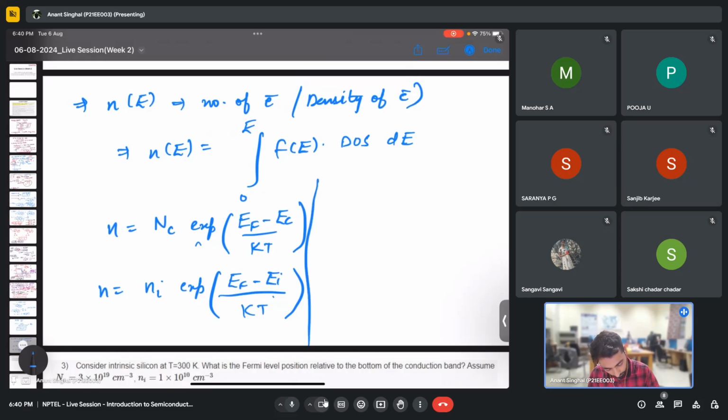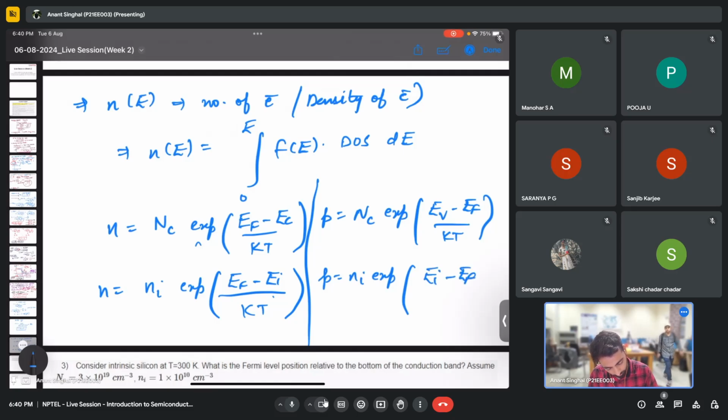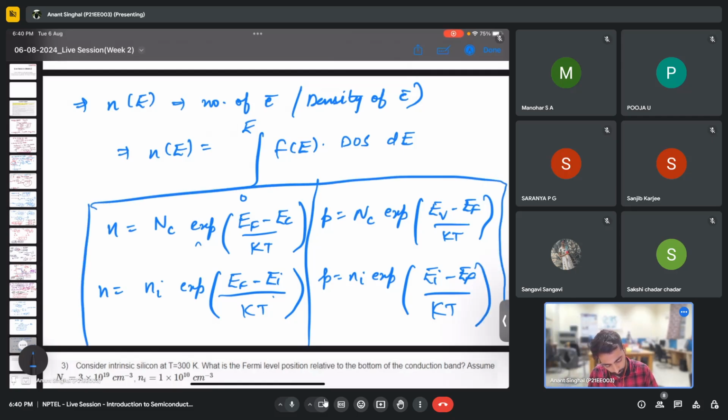Similarly, for holes, we have p equals Nv exponential of (EV minus EF) over kT, and p equals ni exponential of (Ei minus EF) over kT. These are the basic formulas for the carrier concentrations,